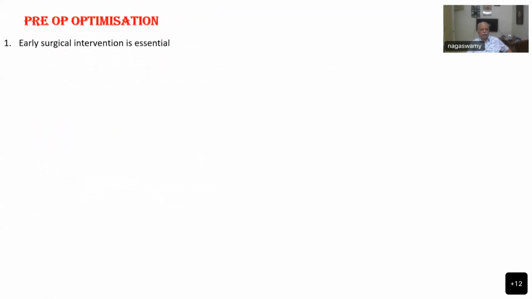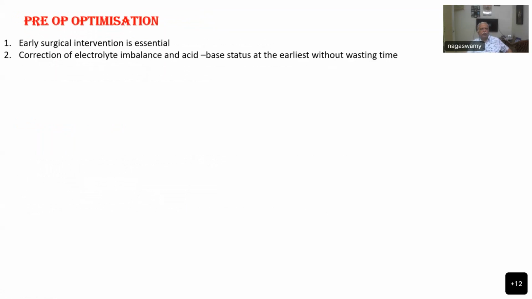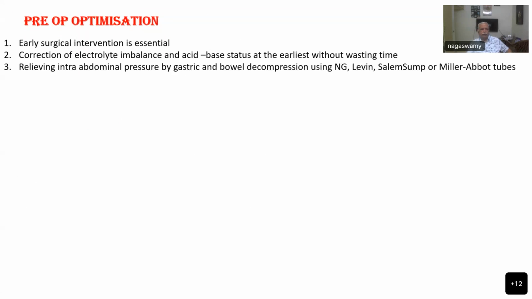And pre-op optimization, think of early surgical intervention. It gives a better result than waiting too long. And correction of electrolyte imbalance and acid base at the earliest without wasting time, because we have to take up these cases for a better result as quickly as possible. And relieving intra-abdominal pressure by gastric and bowel decompression by NG tube, that is nasogastric or Levin or Salem sump